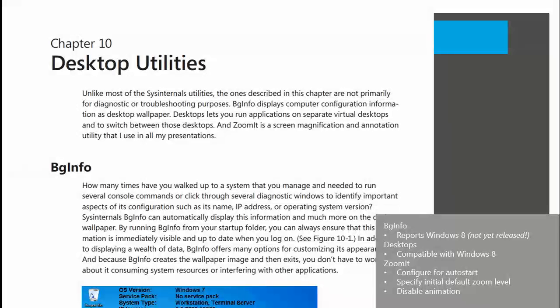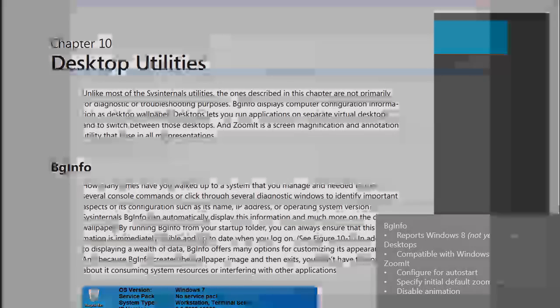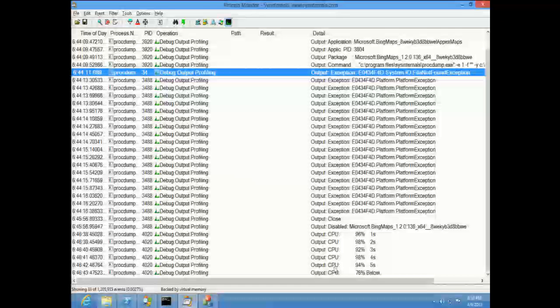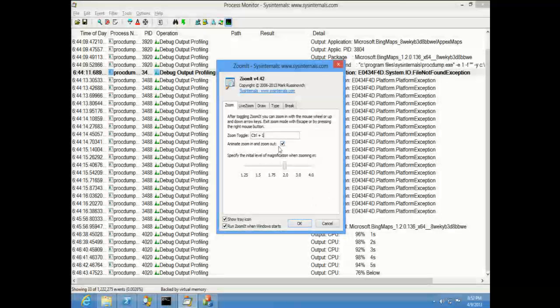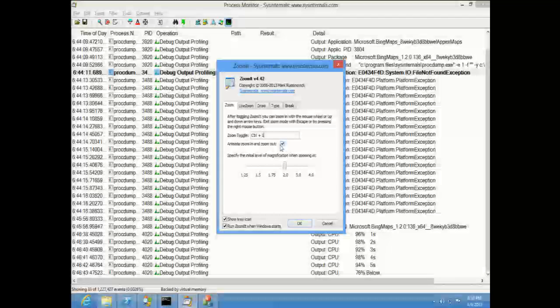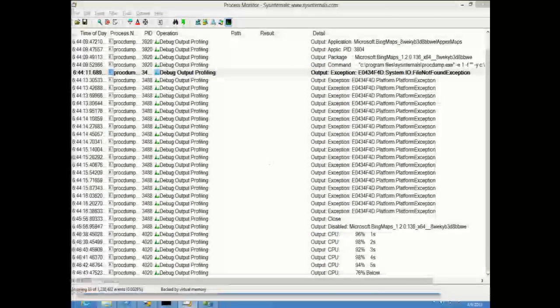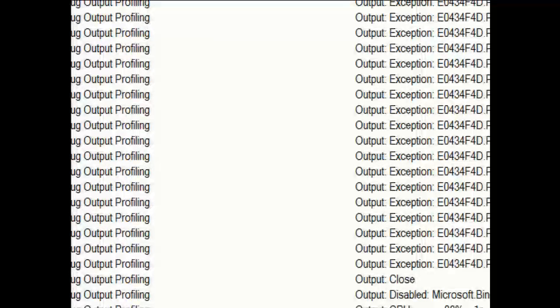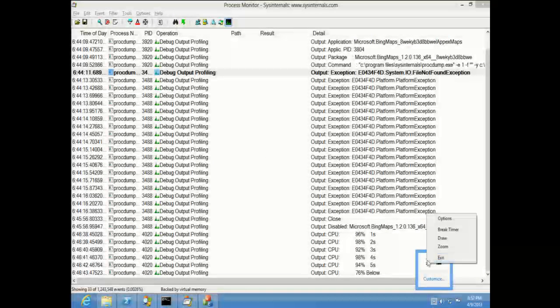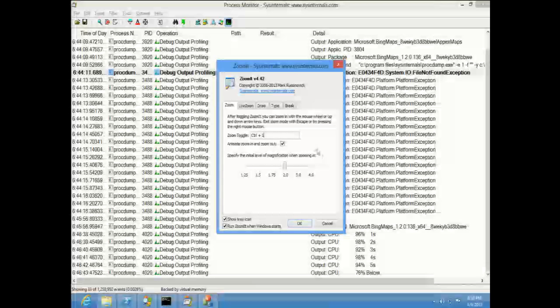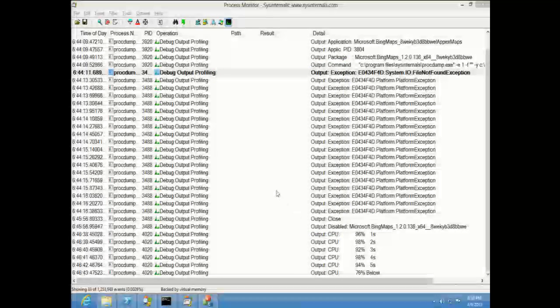And Zoomit, how many of you use Zoomit? I'm sure all of you see it all the time. Zoomit has some new options. For example, you can animate the zoom in and out. By default, it goes in gradually and comes back out, so you can see the movement. You can turn that off, which is really useful when you're over an RDP connection, like a slow RDP connection. So now you turn that off, and it just snaps right in there.